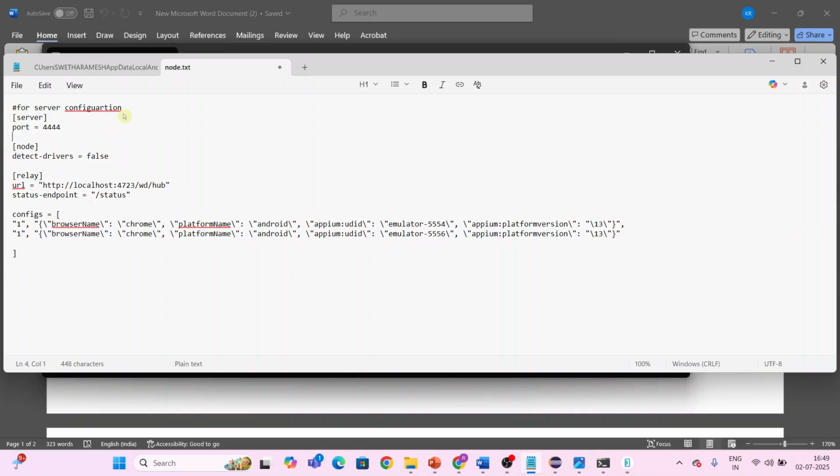This is for server configuration, and this is for node, and this is for relay configuration. Relay node, you can say as relay node configuration. And this is known as the